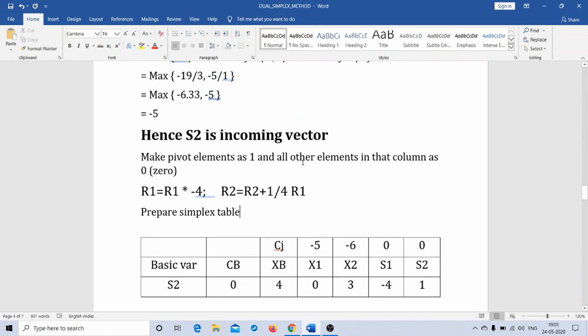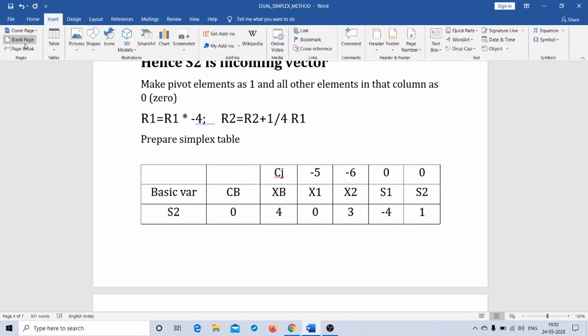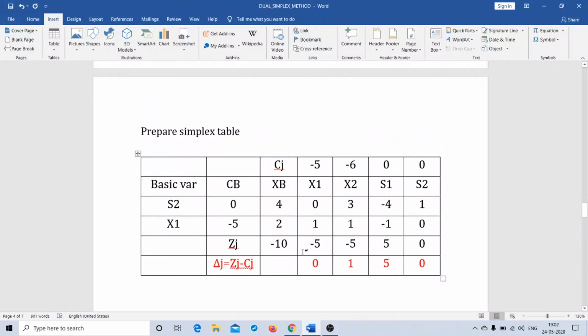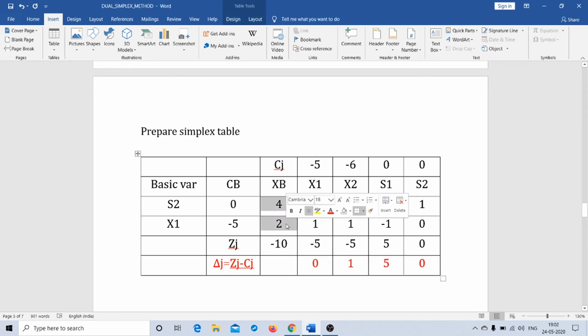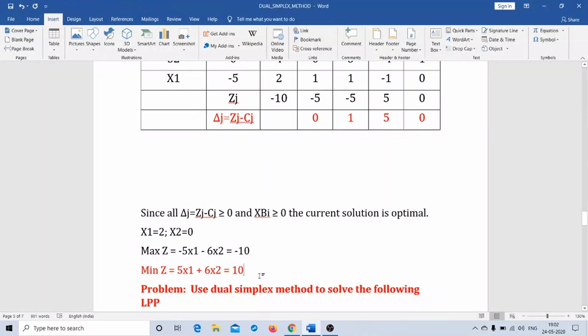And once we perform this row operation, we prepare the simplex table, which looks like this. Right? Now in this particular simplex table, we have delta j greater or equal to 0, and we do not have any xb with negative, right? And hence, since delta j is greater or equal to 0 and this is not negative, we conclude that the solution under test is optimal, and the optimal